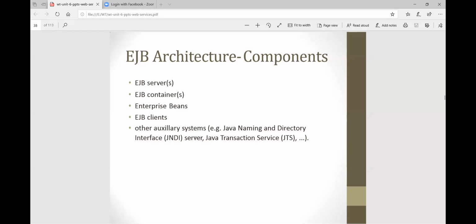Same as for web applications, we require the Apache Tomcat server, JBoss server, or GlassFish. From these, you can use any one server to run your web application or web pages on that server, right?